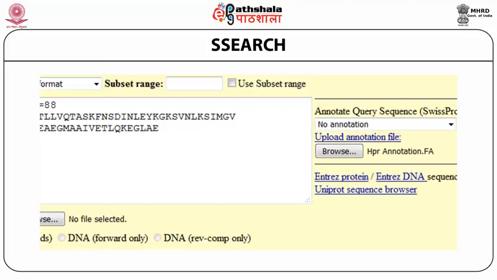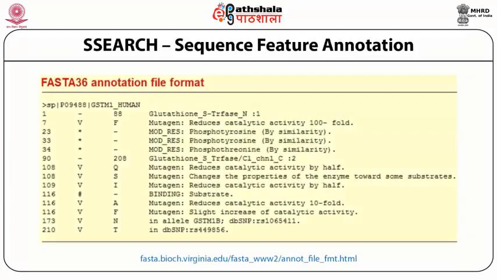This annotation is done using external information provided in an uploaded file. To achieve this, simply browse and select the file containing annotation information. In the present case, the file hprannotation.fa is uploaded, which was created following the annotation format previously. The annotation information file format can be reached at the shown address. The user has to create an annotation file based on features present in the sequence, that is, query sequence features.